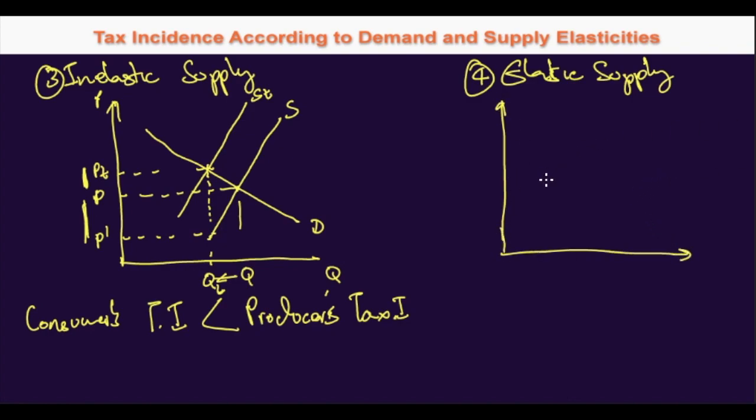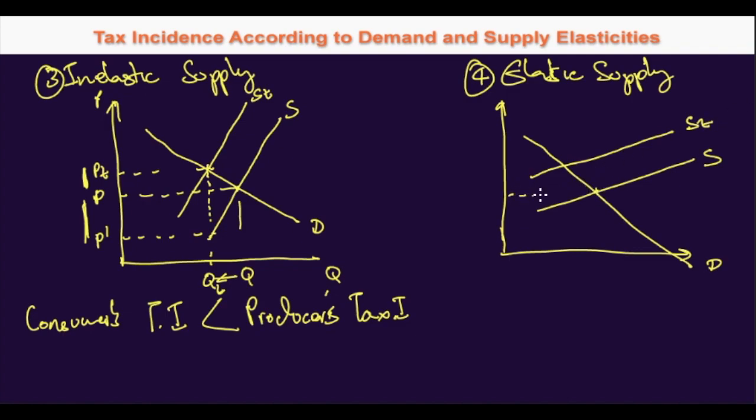If you draw the line for elastic supply, this would be the demand curve, and this is the supply curve, and because of the tax imposed, there will be a parallel line ST. This was the initial equilibrium P for Q. Now the equilibrium is here, PT, but the producer would be receiving